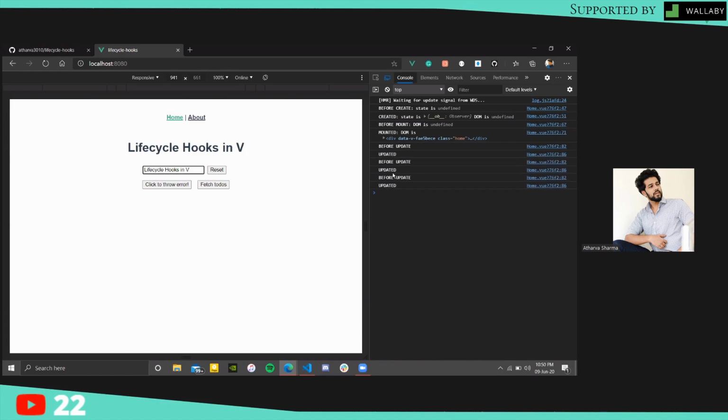See, you see a bunch of hooks have been called: beforeUpdate, updated, beforeUpdate, updated. What happens in beforeUpdate is that it shows us the checkpoint right before the DOM is to be patched and any update has been done. If, for instance, we were checking the text, it would show us the state right before the change was made, and we can do any kind of manipulations we want right before the update.